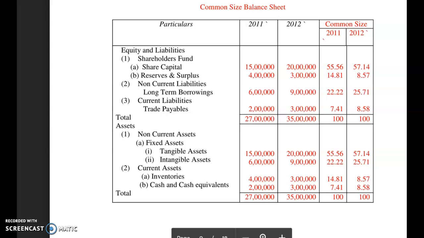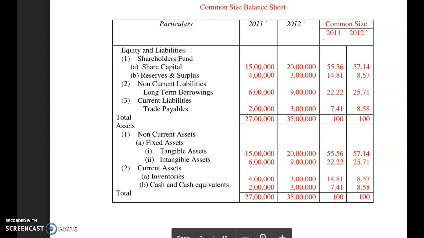Here we can convert by that method. 27 lakh is equal to 100, 1 is equal to 100 divided by 27 lakh, and 15 lakh as the amount of share capital will be multiplied here. Once again, the equation will be 27 lakh is equal to 100, 1 is equal to 100 divided by 27 lakh, and 15 lakh is equal to 100 divided by 27 lakh into 15 lakh. That will give you a percentage of